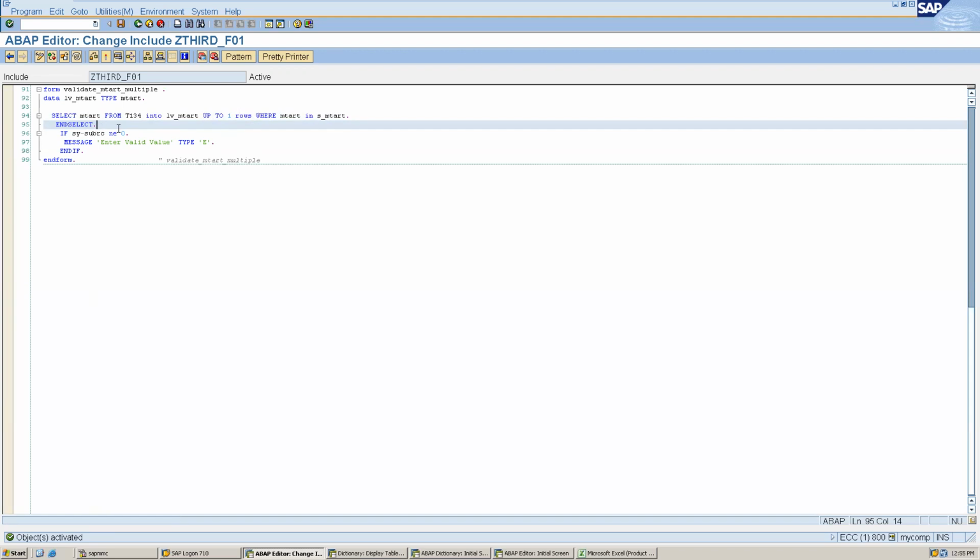तो हमने अभी आज तक क्या देखा? 3-4 टाइप से क्वेरी लिखी है. पहली क्वेरी जब हमने लिखी, हमने where clause में p_mtrt equals to p_ किया, मतलब जब भी हमें single से compare करना है. दूसरी हमने लिखी जब select query था, तो हमने where में IN लिखा. तीसरी हमने लिखी जब हमें केवल single करना था, select single लिखा. चौथी हमने query लिखी जब हमने up to one rows use किया, क्योंकि हमें यहाँ पे multiple आ सकती है, लेकिन एक row तक ही select करना था. Okay. ठीक है, और up to one rows के साथ हमें endselect लिखना जरूरी है. Now we will see how it will work.